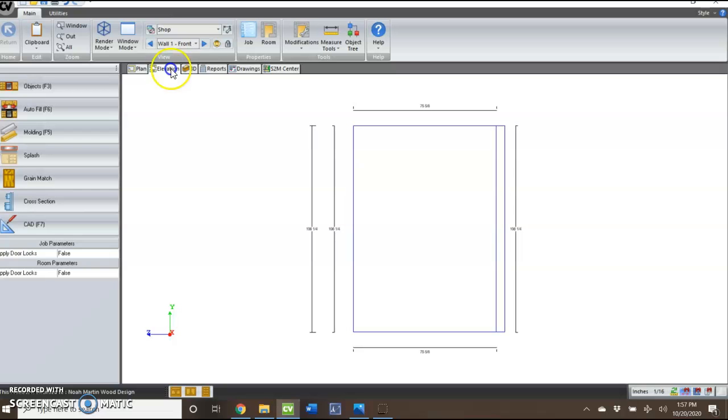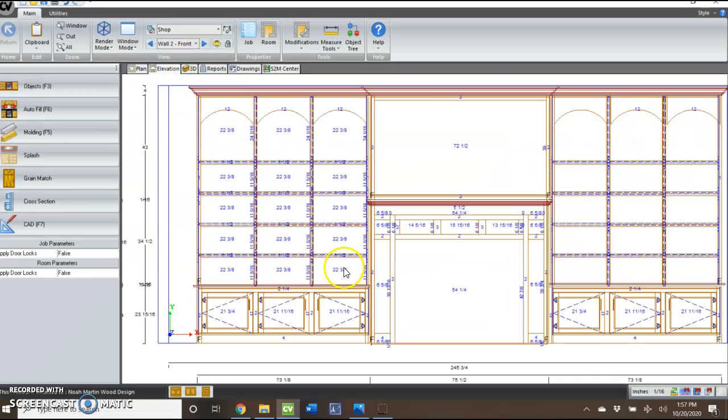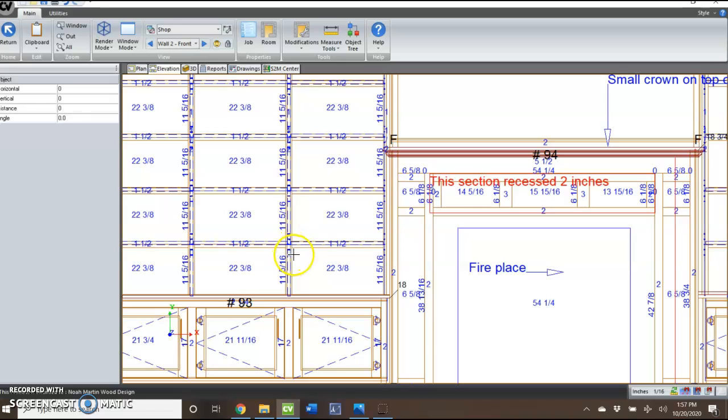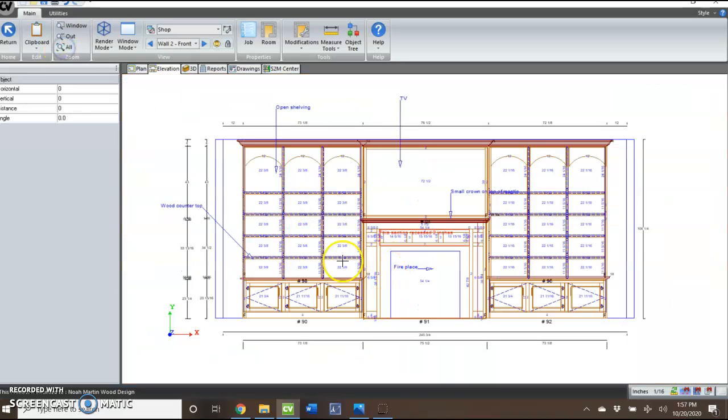As far as component space, if we're looking at the front of this, this is the inside width, 22 3/8. But there's plenty of room. You are roughly, say, 23 inches on the inside and a foot tall, so components would sit there nicely. Component here and here. And the TV,